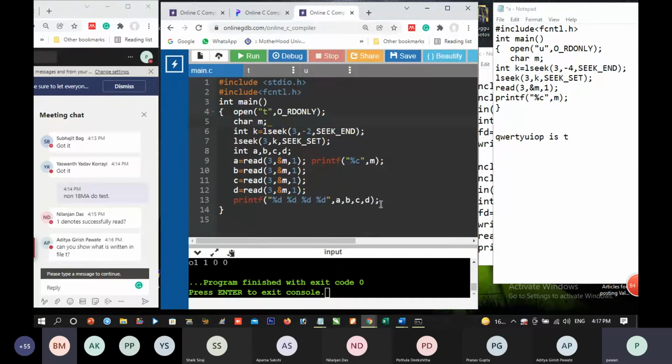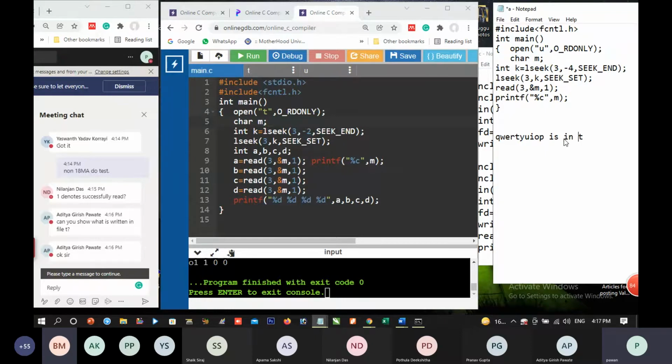What will be the difference between Unix environment and Windows environment? You will see it in T. In this case, the output will be... instead of -2 we make it -3. Let us seek with -3, because with 2 we are getting O. Let us keep 2 only. The output is O